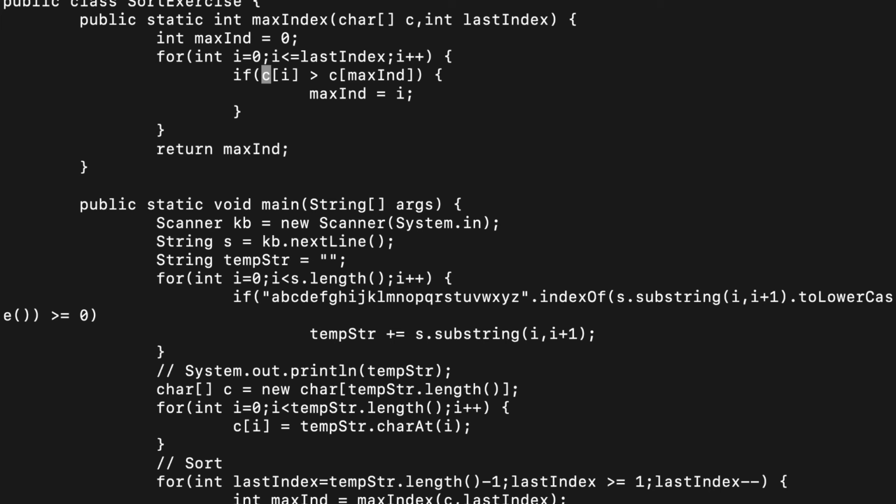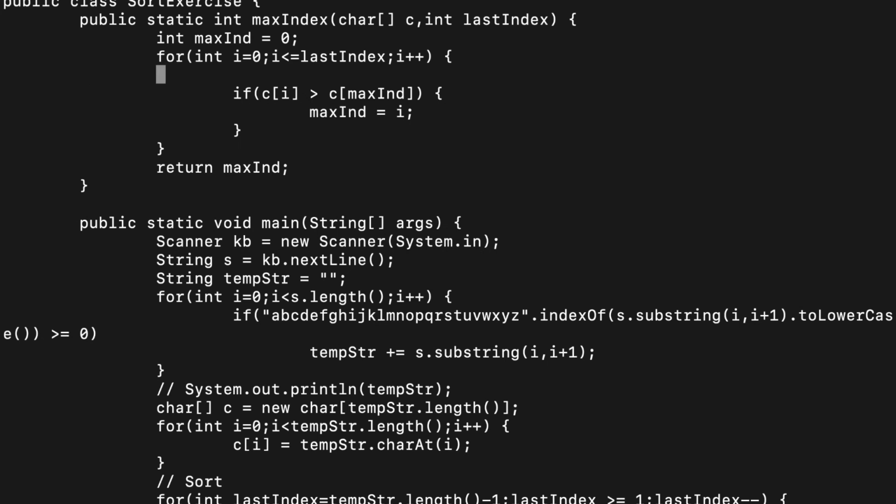So it means that if Ci is uppercase and C max index is lowercase, yes, it is max, right? So you have to change this first. If Ci is lowercase, is uppercase,